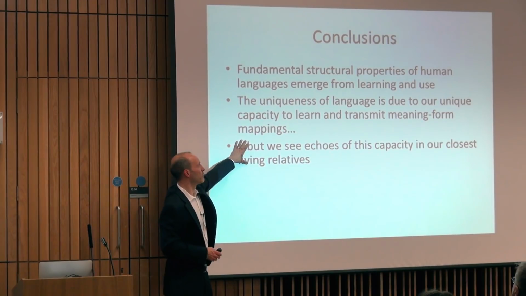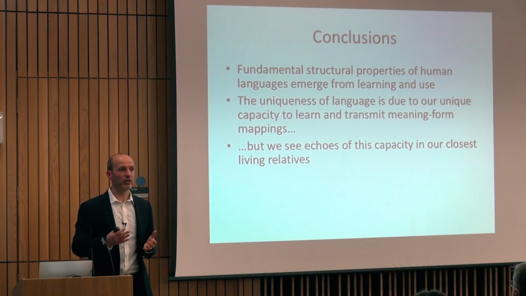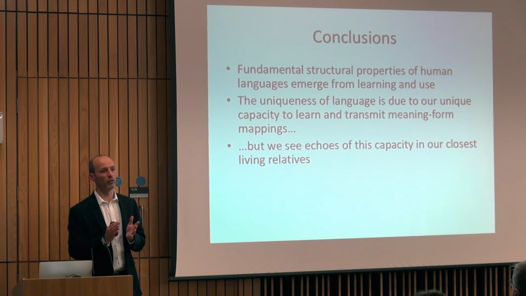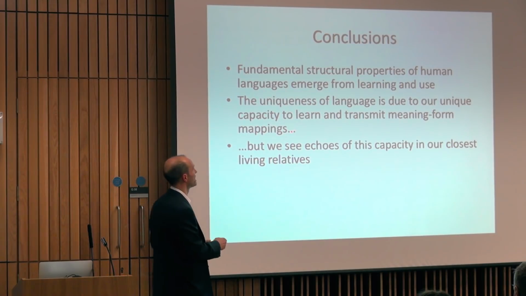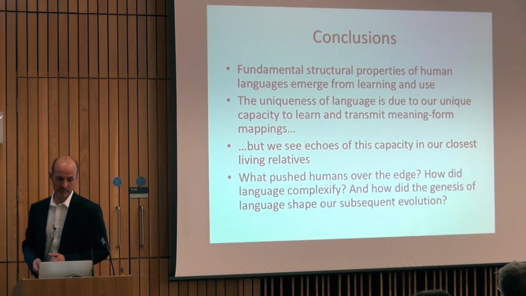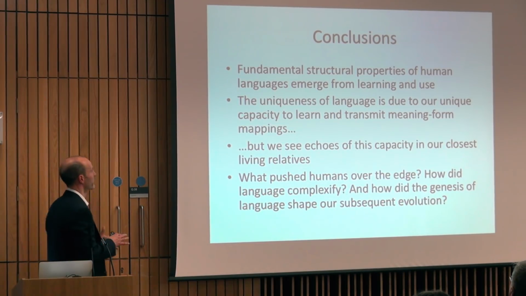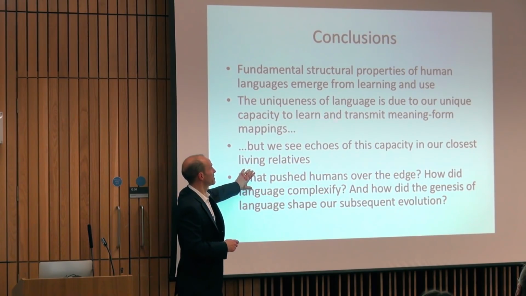Interestingly, I think we see echoes of the capacity that underpin these capacities in humans and our closest living relatives. So evolution might have only had to give our species a little nudge to push us over the threshold and give us the necessary capacities to set that iterated learning process in train. Okay, so I think there's a bunch of open questions. It'd be nice to know what selection pressures pushed humans over the edge and drove us to develop these unusually elaborated capacities, these 3 capacities.